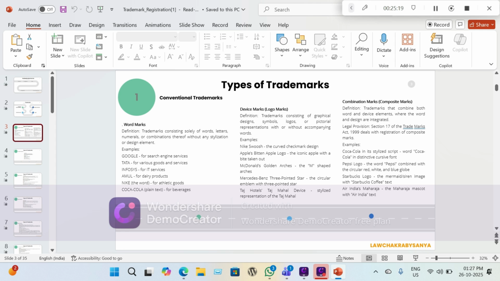For a word mark, a separate application will go. For a device mark, a separate application will go. Then there are combination marks, that is composite marks, trademarks that combine both word and device elements where the word and design are integrated. So they are composite marks where there's the word also and there's a design also, and you're protecting both. For example, Coca-Cola in its stylized script, then the Pepsi logo with Pepsi written there, then Air India's Maharaja mascot with the Air India text, the Starbucks logo with Starbucks written, of course. So they are composite marks where the word is also protected